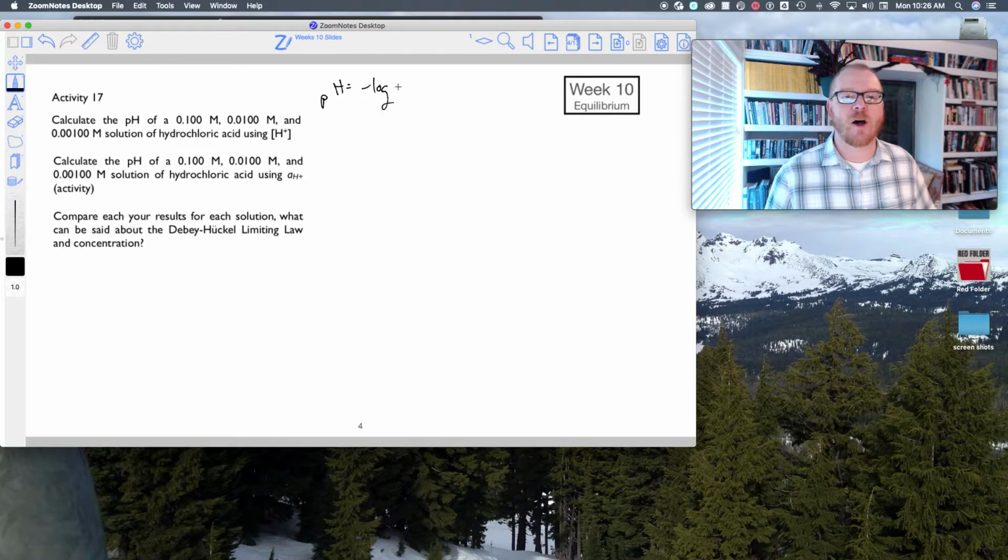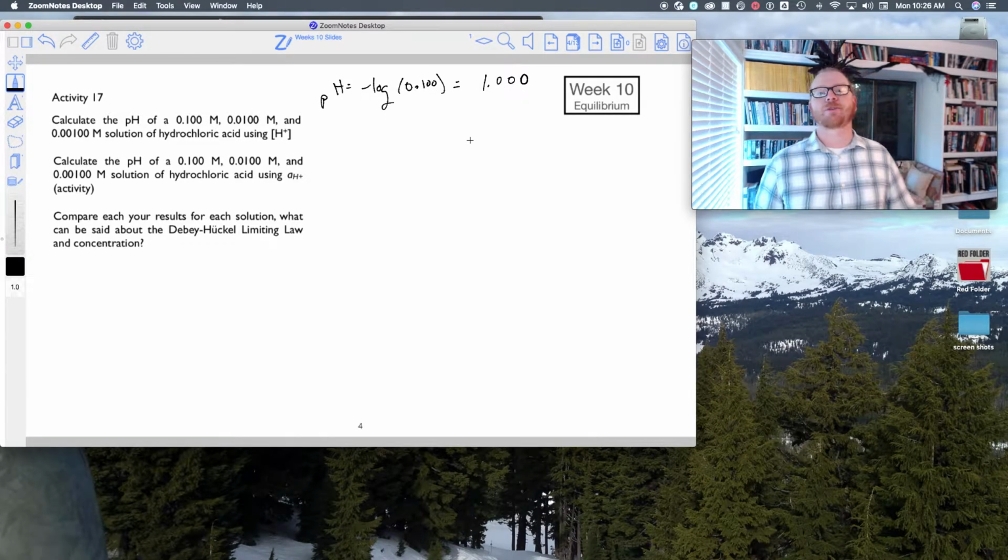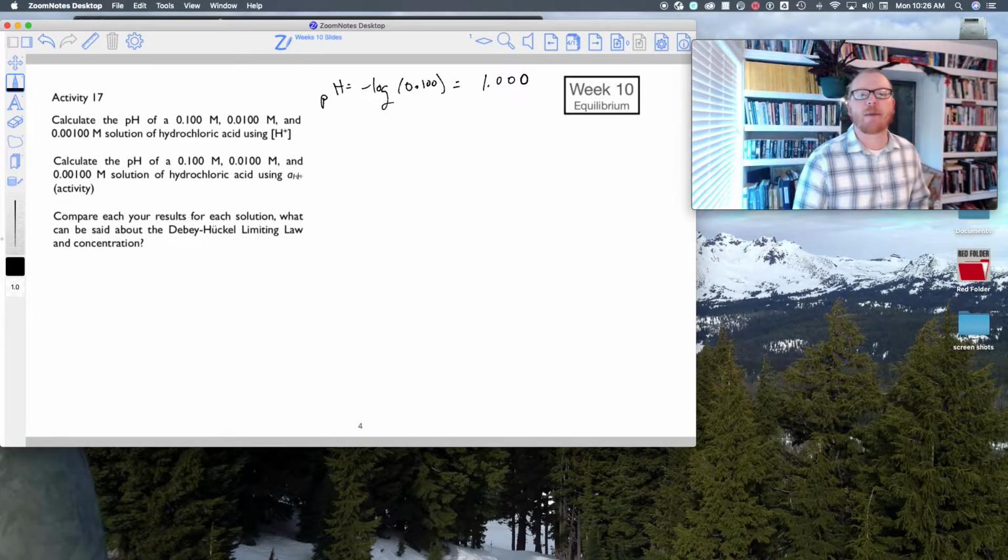pH is the negative log of, I'll just do the 0.1 example, and I don't even need to throw that on my calculator. I know that's going to be 1.00. Okay? So now, what if we do it in terms of, and excuse me, because this is log sig fig rules. Because I have 3 decimals in my log, is that how that works? Yes, I have 3 significant figures in my log, 1, 2, 3, so I get 3 decimal places, 1.000. Okay, so I'm just going to do that same one